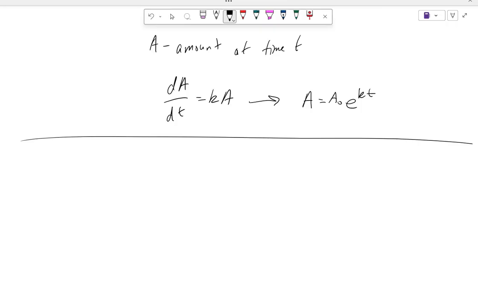We've got a tank that has 100 gallons of fresh water. And we've got brine coming into the tank. Brine is just a fancy word for salt water, if you didn't know. Anyway, notice what it's asking in part A. It says, find the amount of salt in the tank. Okay. So if we let A be the amount of salt in the tank,